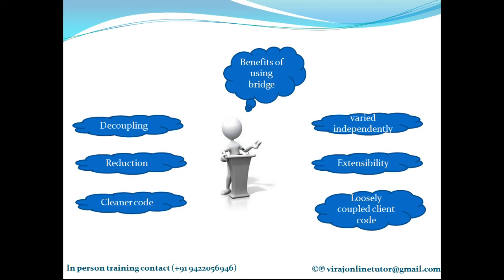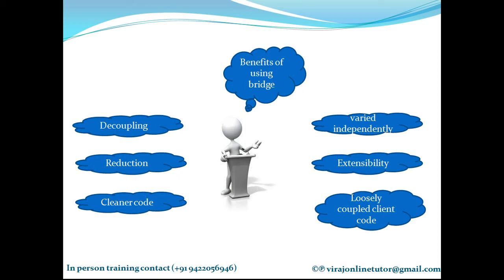So in reduction, we reduce the number of subclasses which are involved, because sometimes pure inheritance will increase the number of subclasses. So in this example, suppose I have 6 image formats to be supported in 3 different operating systems. If we had just used inheritance, we would have required 18 different subclasses. But using bridge pattern, it is boiled down to only 9 different subclasses, 6 formats, 3 OS, 6 plus 3. That's it.